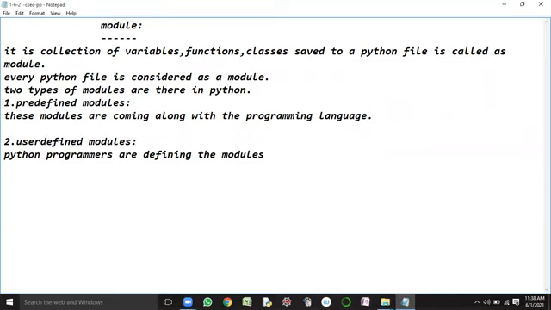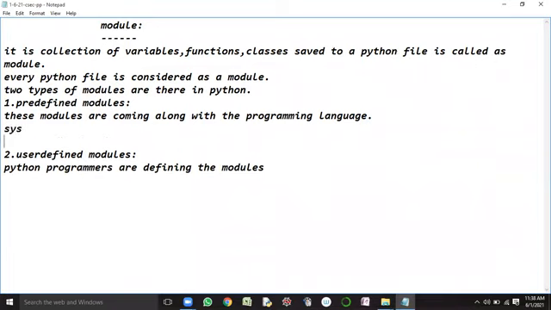Now coming to examples of predefined modules. We have seen the sys module. Where is the argv variable defined? The argv variable is defined inside the sys module, so sys is an example of a predefined module.